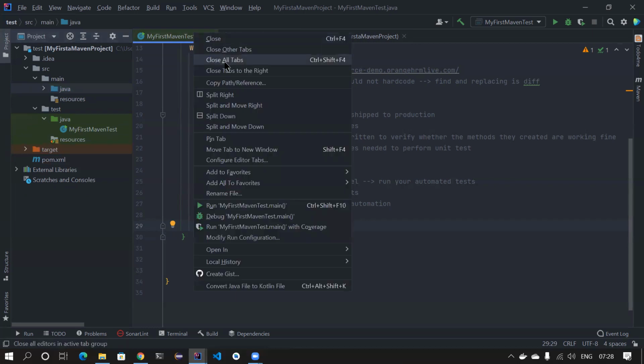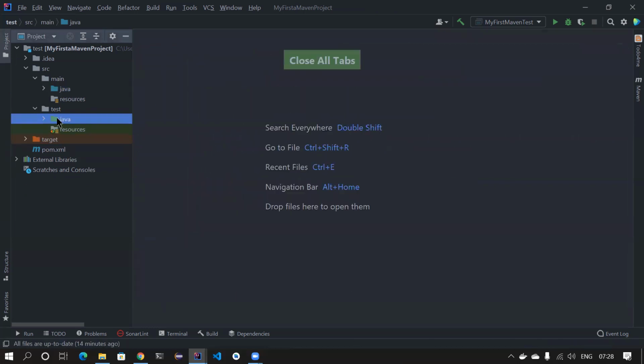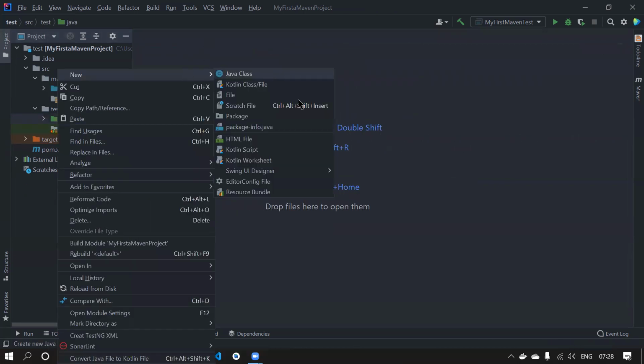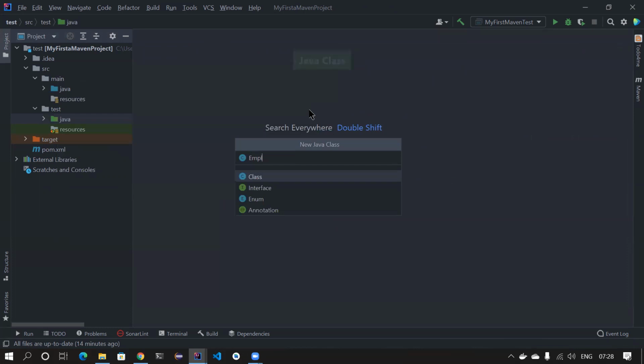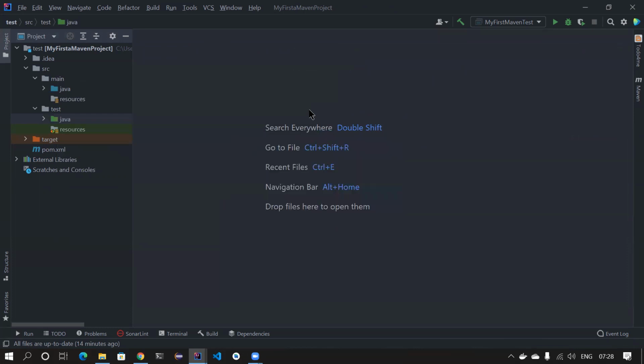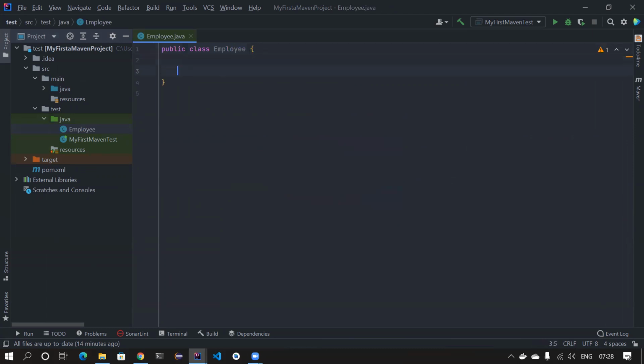Now let me create one more thing. Let's say I'll close all these tabs, I don't need them. For now I'm just creating a class here itself, called employee. Let's assume you are running a company. The company name is, let's say, ABCD. ABCD is a company that is run by you, and you have a template. You are recruiting very fast, and you have a template for employees. So every employee who joins you,